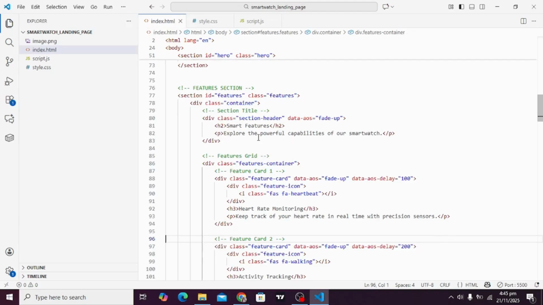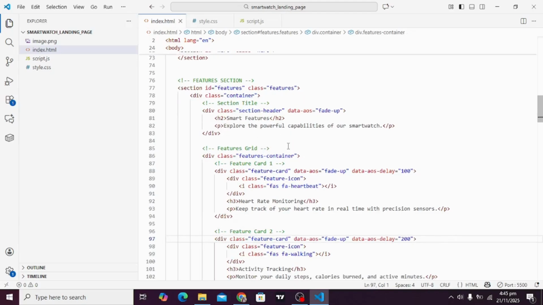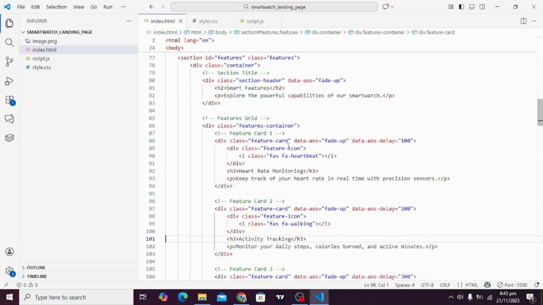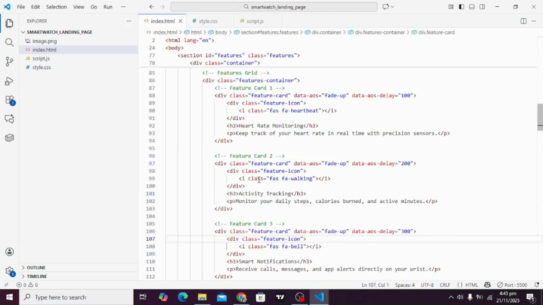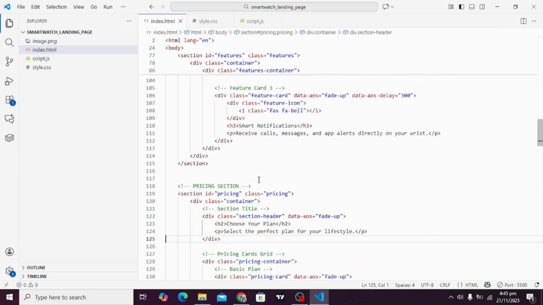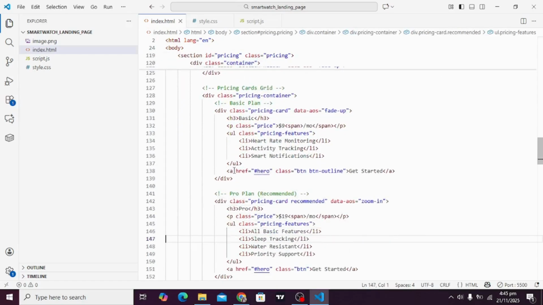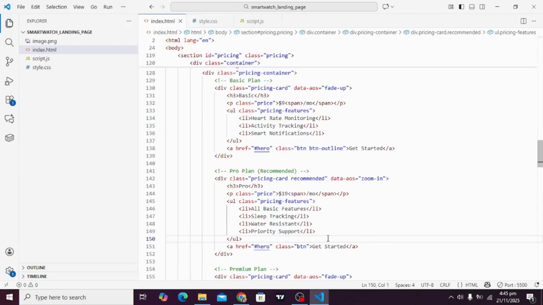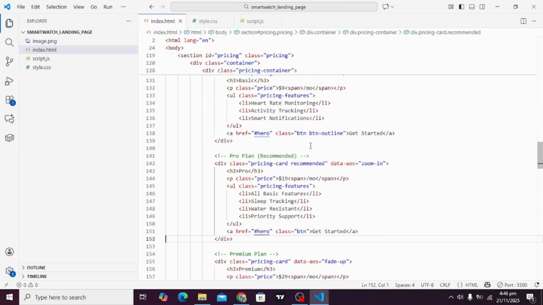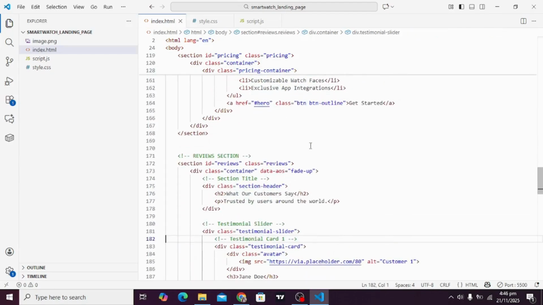After this section we have the features section. Here we are showing smart features in three cards. We are using a grid, and three cards are displayed: card 1, 2 and 3. In the pricing section, we have a title for our section, choose your plan, and we have three plans: basic, pro, and another. The features are listed using an unordered list, and H3 tags are used.